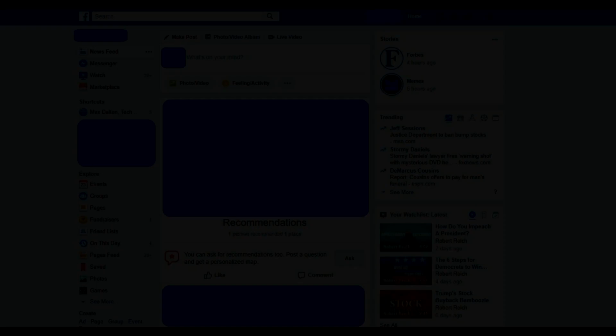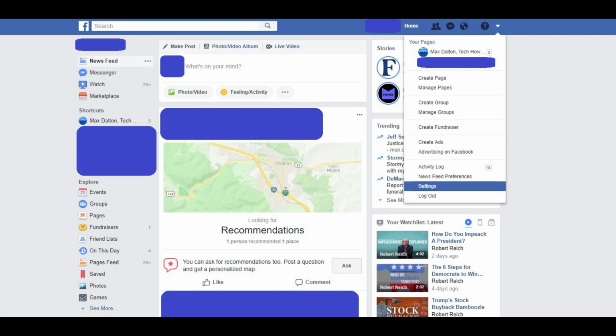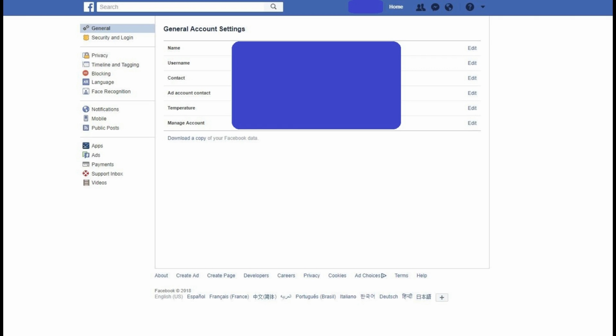And now, let's talk through how to change your Facebook password through a web browser. Step 1. Open a web browser and navigate to facebook.com and then log into your Facebook account if you're not logged in already. You'll land on your Facebook home screen. Step 2. Click the down pointing arrow that appears in the menu row to the right of your profile icon in the upper right corner of the screen. A drop-down menu appears. Step 3. Click Settings. The General Account Settings screen appears.